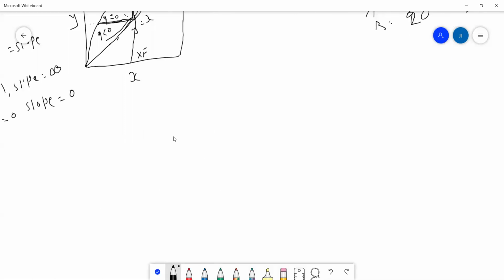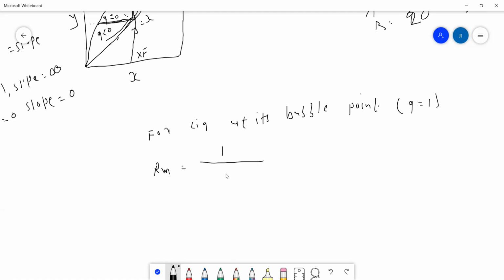So for liquid at its bubble point, that is for saturated liquid, or we can say Q also is equal to 1, RM can be determined by using RM, which is equal to 1 divided by alpha minus 1, into xD divided by xF,